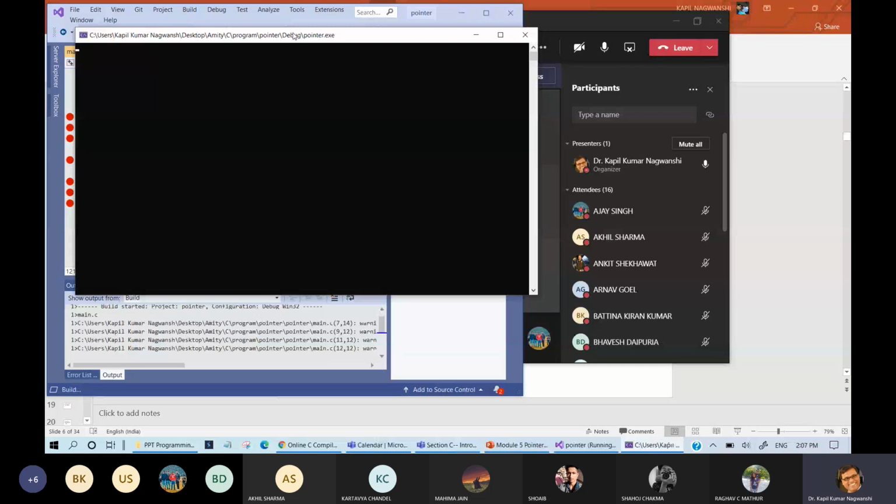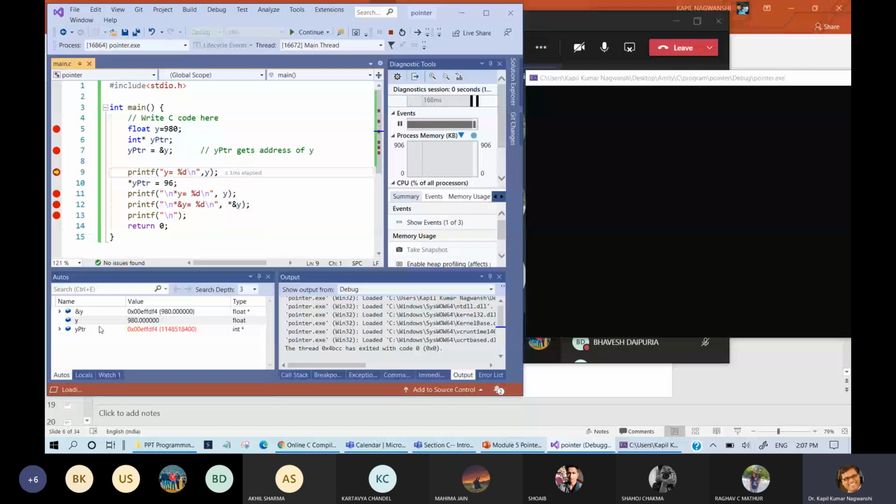Okay, no problem, it is coming. Now you can see that this is a pointer to integer, but it is pointing to that particular float value, and some other kind of value is stored at this pointer.